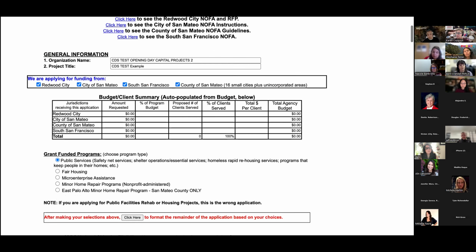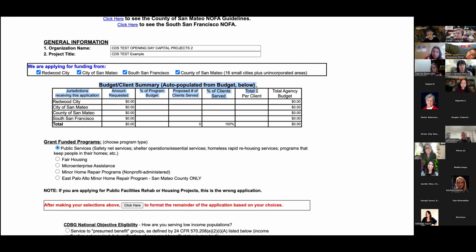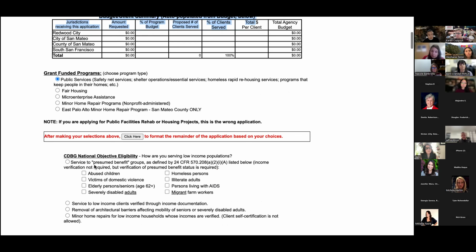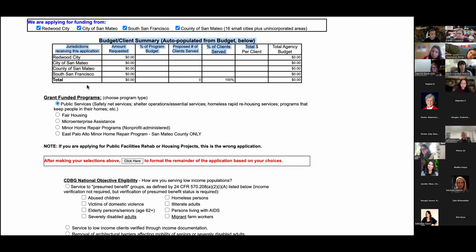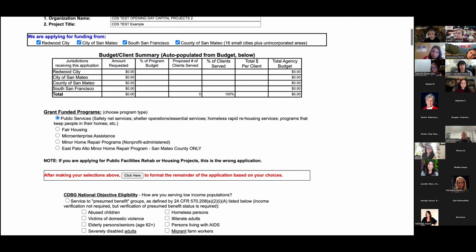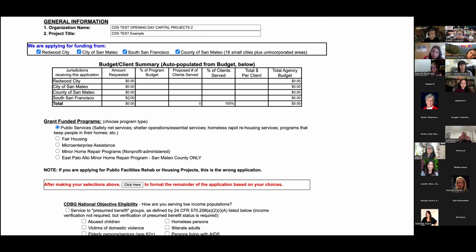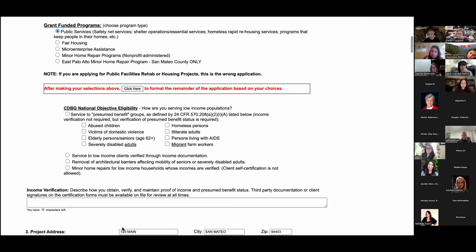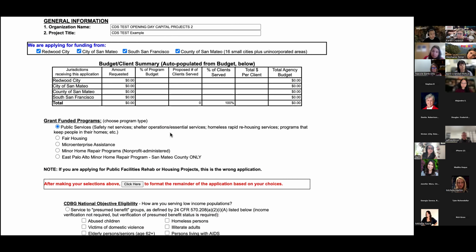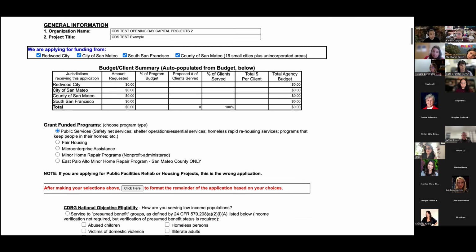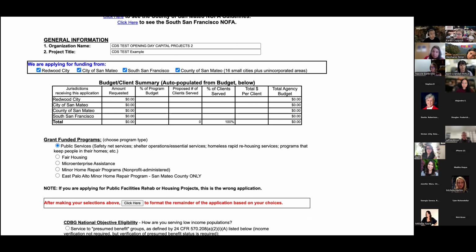Click there, and now you see this table updated to reflect all of the jurisdictions that I'm requesting money from. And then lower down in the application, it will have specific jurisdiction questions, and the budget table will also update. So it's important that you do this part first before you proceed further down the page. If you don't do this part, it won't format the application correctly, and you won't see the ability to fill out the questions or the budget tables for all of these jurisdictions. So that's kind of the really first important step of doing this.